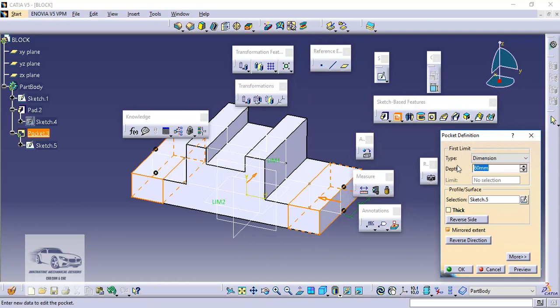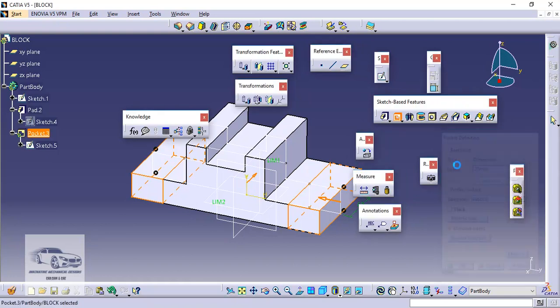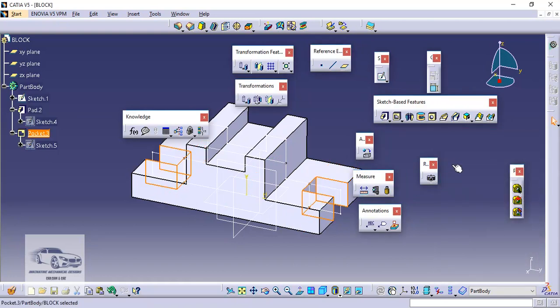So total is 40, so we will input 20 mm, 20. So again what we have learned, for creating this pocket 3 feature, I don't have to create a new sketch. We are just taking the reference from the master sketch.